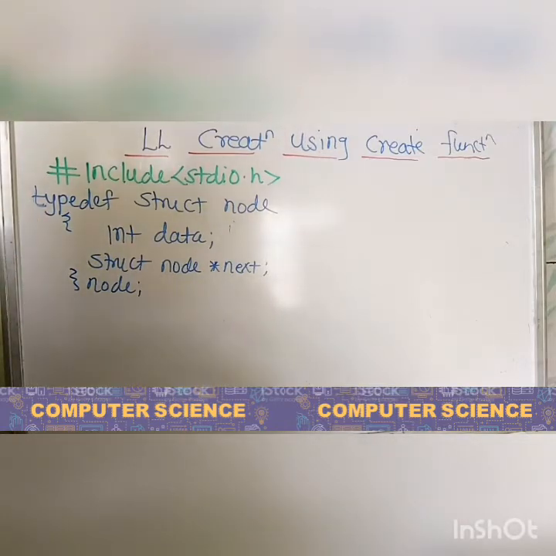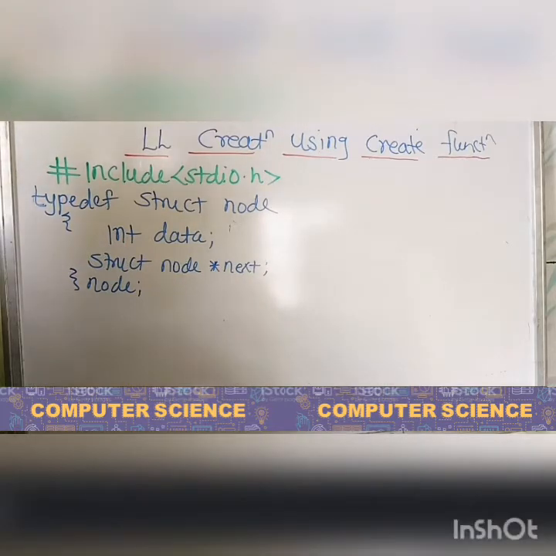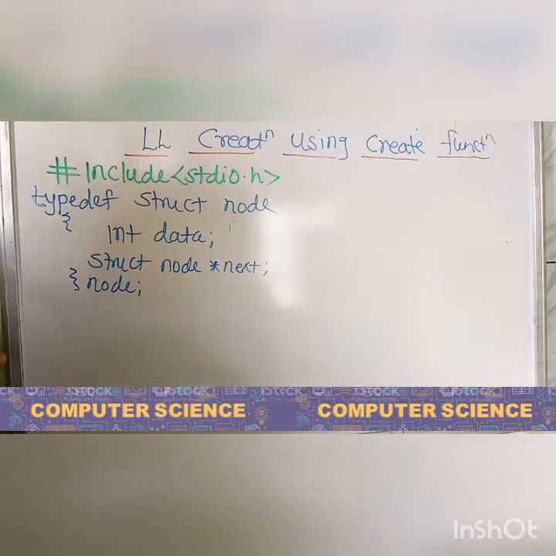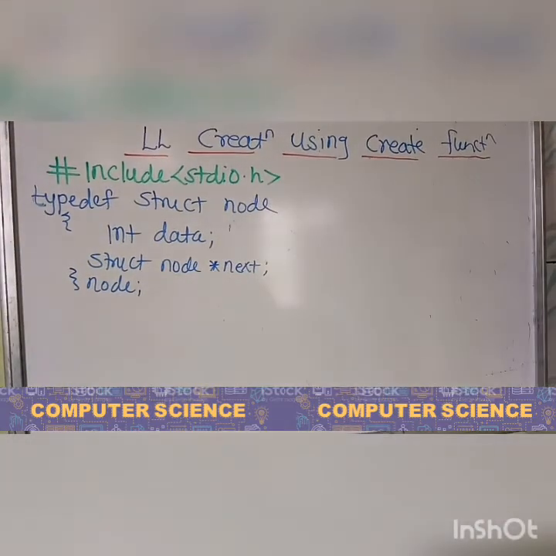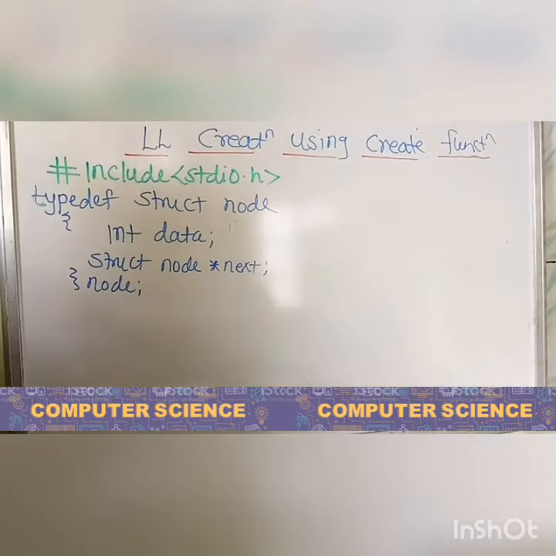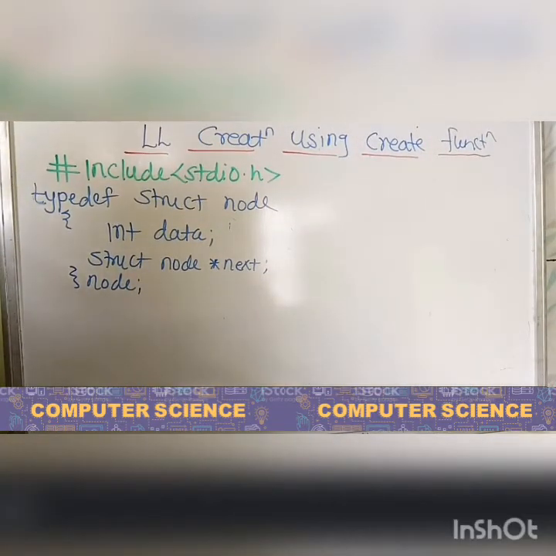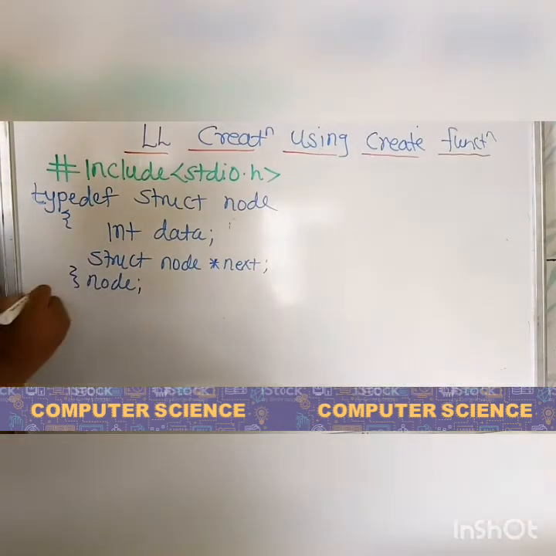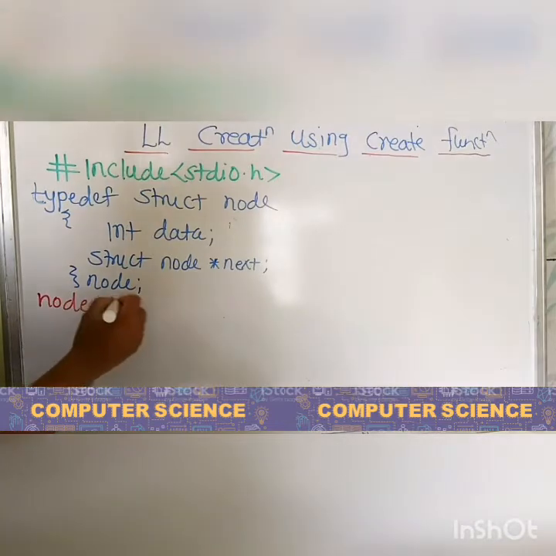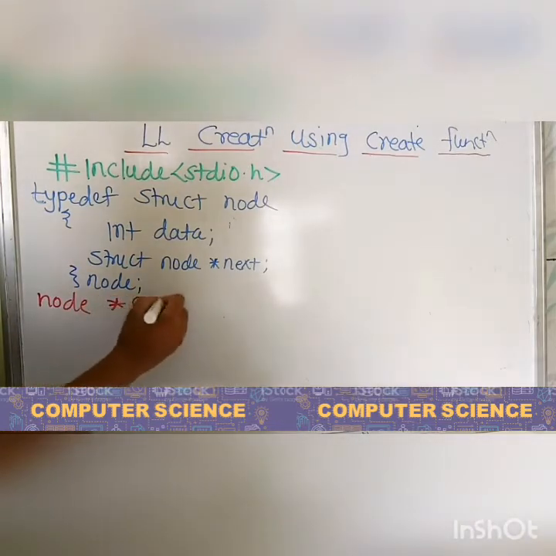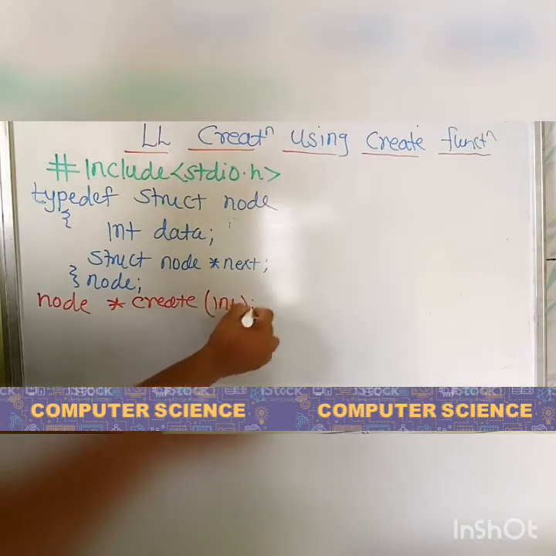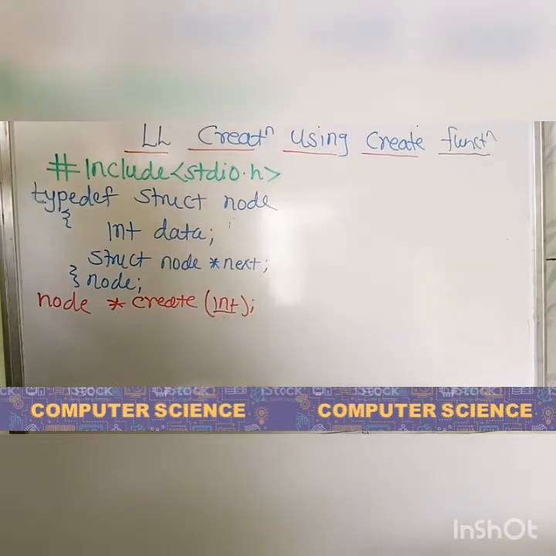Now we have to convert the same procedure as we had seen in the previous videos to create a linked list in a plain manner, but we have to convert it into programming terms. So we will create one function. As it is a node structure, we will take a return type of it as a node. Then it is nothing but a pointer mechanism, means it is handling only the addresses of different data elements. We will declare it as a star and then write a function name, that is create, and in bracket we will specify a parameter, means the number of nodes for creation, as an integer.